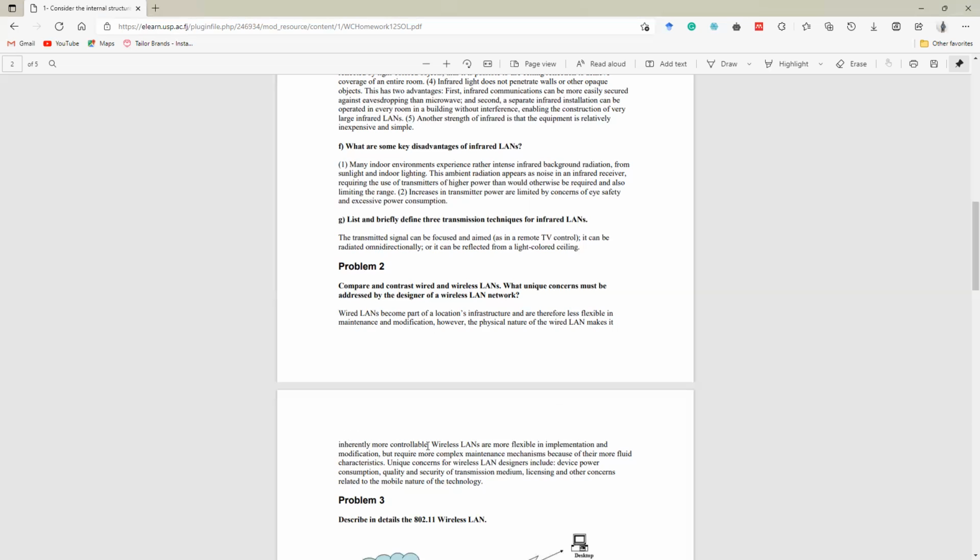If it's physically present, you know in what direction the signal is flowing. If there is some sort of fault or anything like that, you can easily detect it. Whereas wireless LANs are much more flexible in implementation, right? You can place the connection directly, but they require more complex maintenance mechanisms because of their more fluid characteristics,